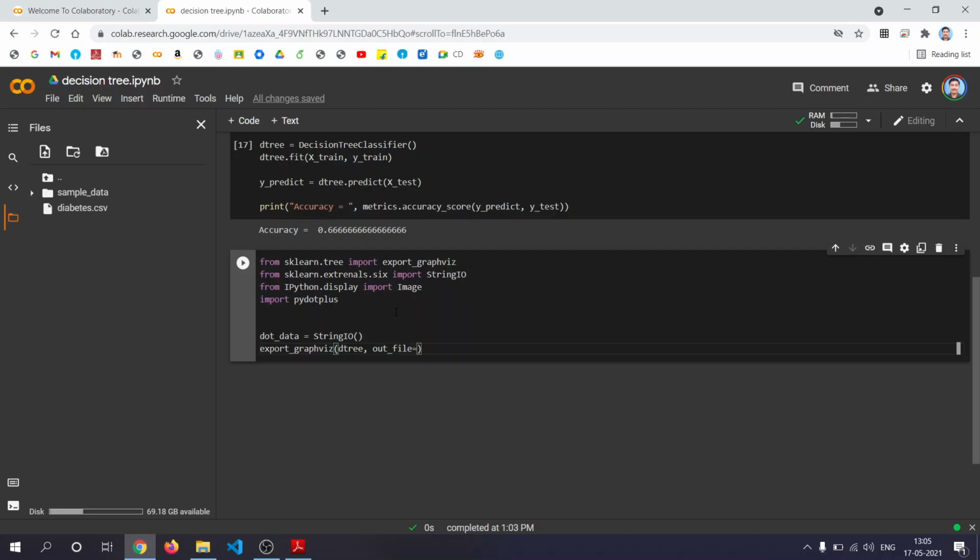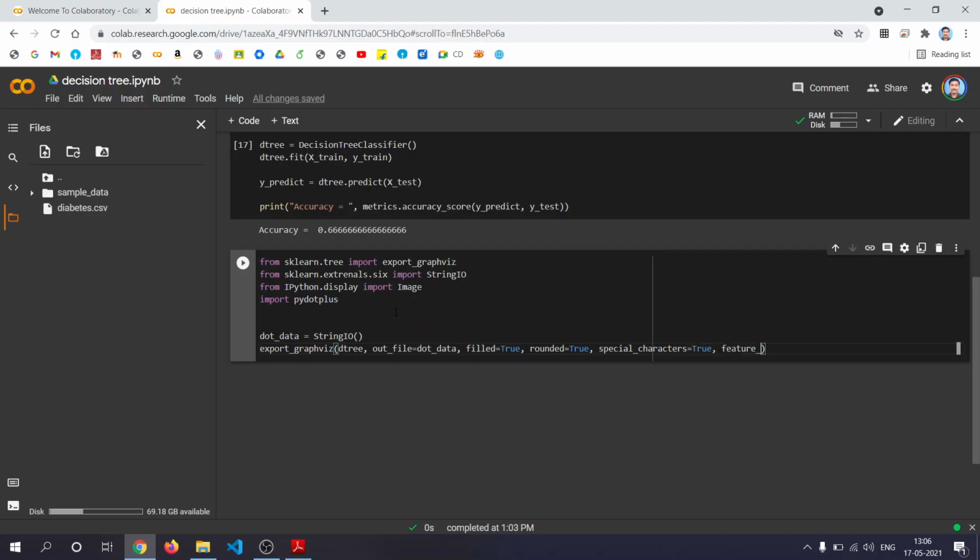Instead of this you can use a file name here so that the data will be copied onto the external file. filled equal to true. rounded equal to true. Special characters are allowed, special_characters equal to true.